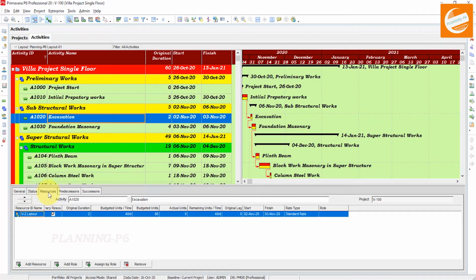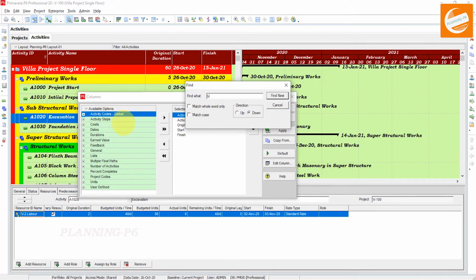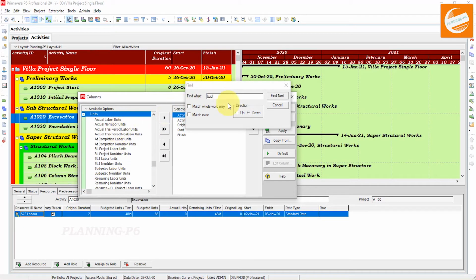Go to the activity, click on the activity to which you want to add the resource, and go to the resources tab here. We will customize our columns as well. Customize, just show the columns of budgeted labor units and budgeted non-labor units.